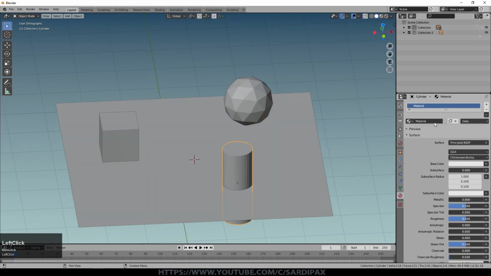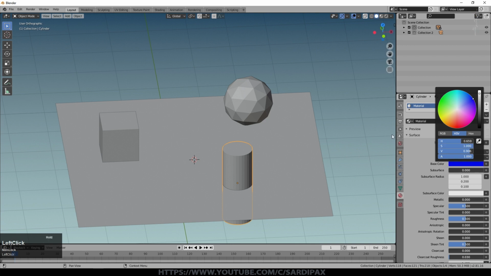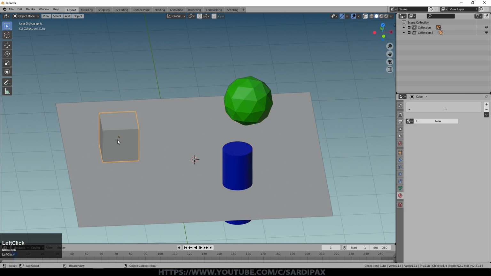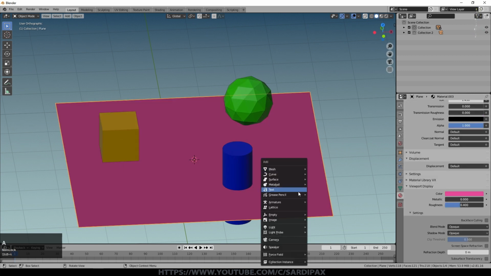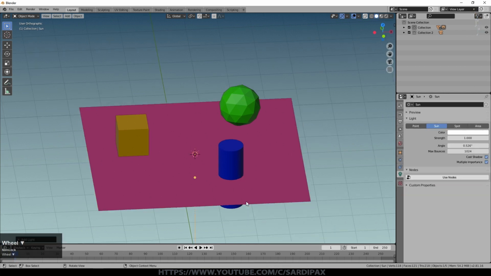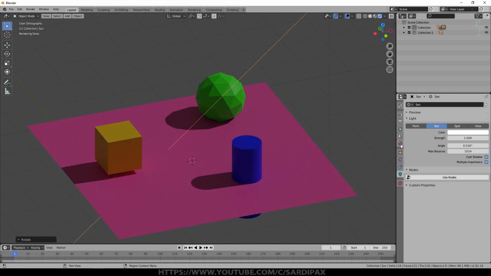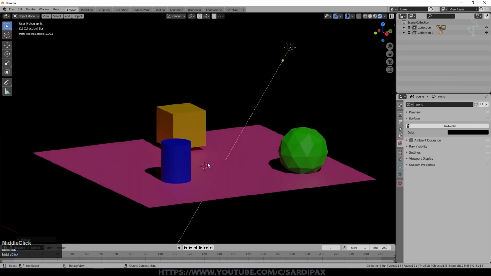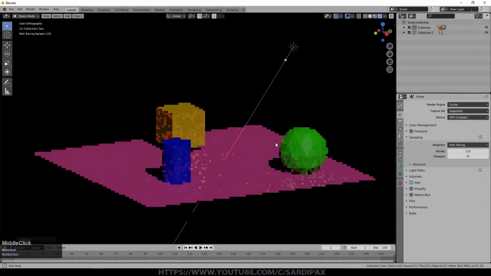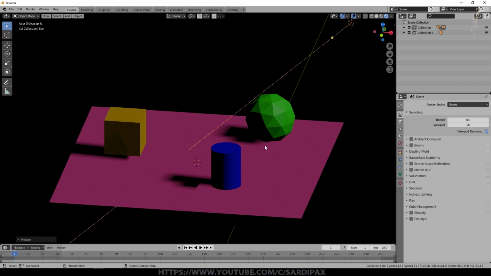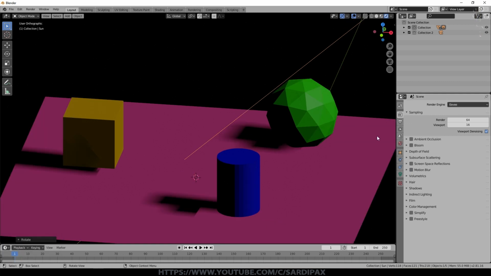And we'll give each one a slightly different material. So we'll make this one a nice blue one, and we'll give it a blue color in the viewport as well. We'll add a lamp, which will just make a simple sun lamp. And if we preview that, there's our basic scene. And I'm going to set the background just to black, just to bring that out of the equation. So currently we are in Cycles mode. So I'm going to switch now to Eevee, because this is really what this tutorial is about. There are a few differences and a few limitations in Eevee as far as 3D is concerned. So you can see, obviously, the default settings give us a slightly cruder render for everything, but we can start to improve a few things.